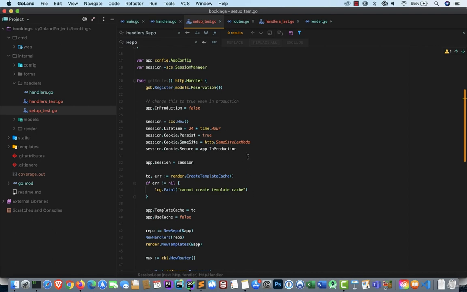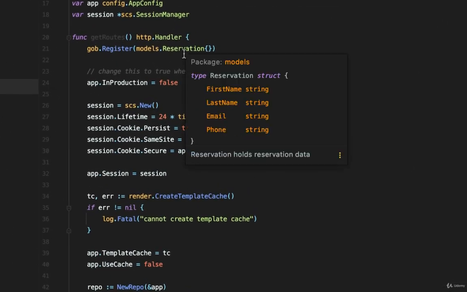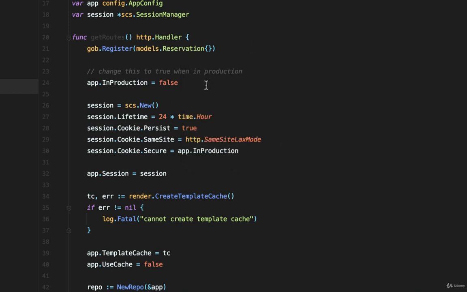So we come in here and we say get roots. We register the reservation that we're going to store in the session. We have to have that because one of our handlers does precisely that. We set in production to false. That's fine. We set up our session exactly as we do in our main function. Then we store our session in the application. That's good. Next we have render